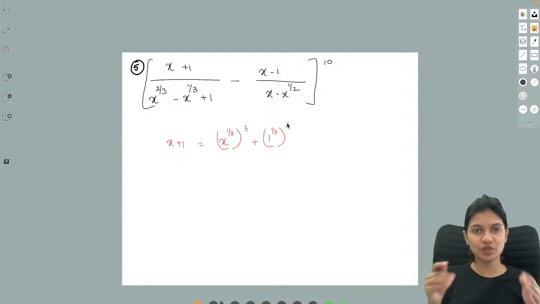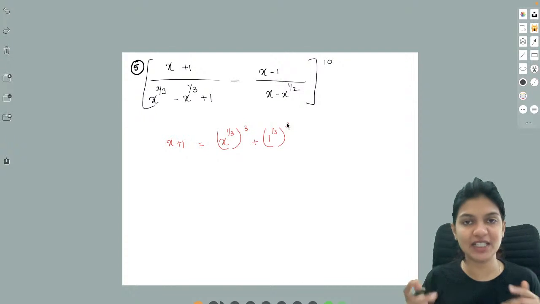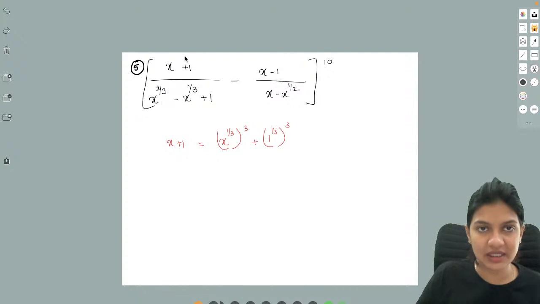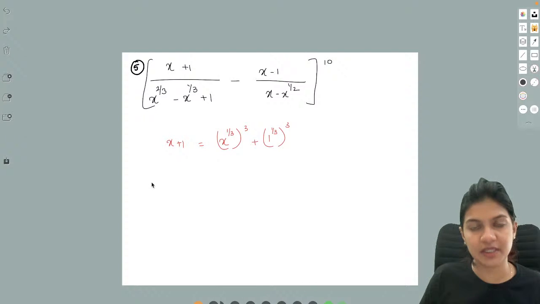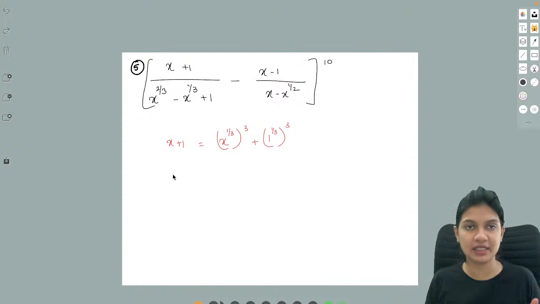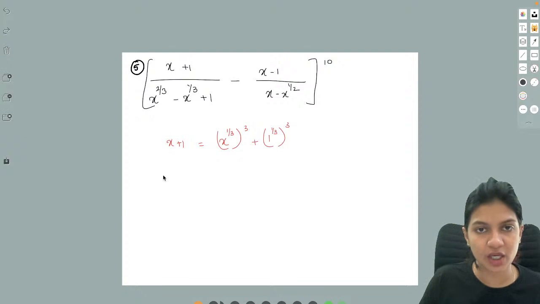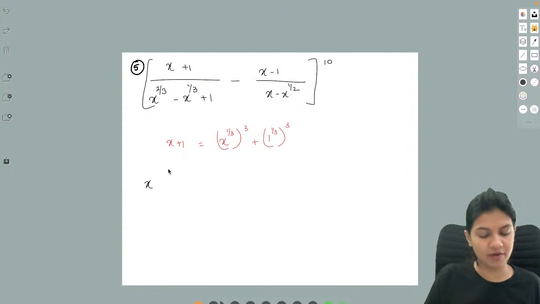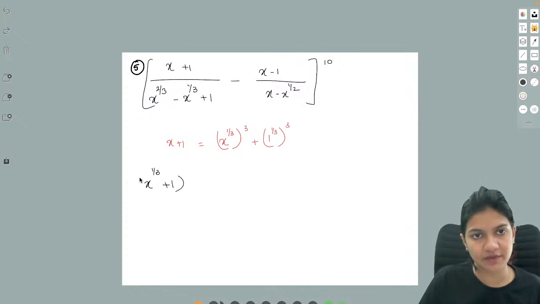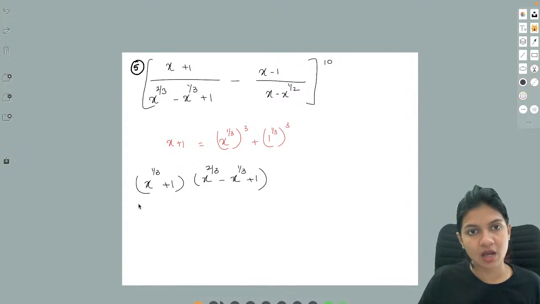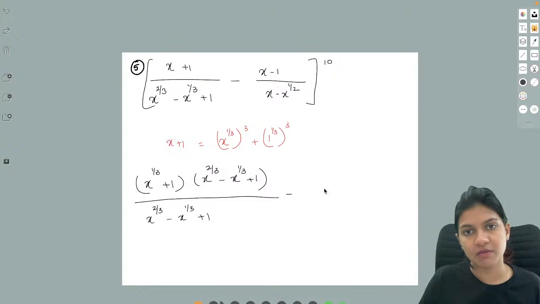Okay. So, two terms in the form a cube plus b cube. That means this can be written as (a plus b) into (a square minus ab plus b square). So that would be x to the power 1 by 3 plus 1 to the power 1 by 3, which is 1 itself, into x to the power 2 by 3 minus x to the power 1 by 3 plus 1, upon x to the power 2 by 3 minus x to the power 1 by 3 plus 1, minus